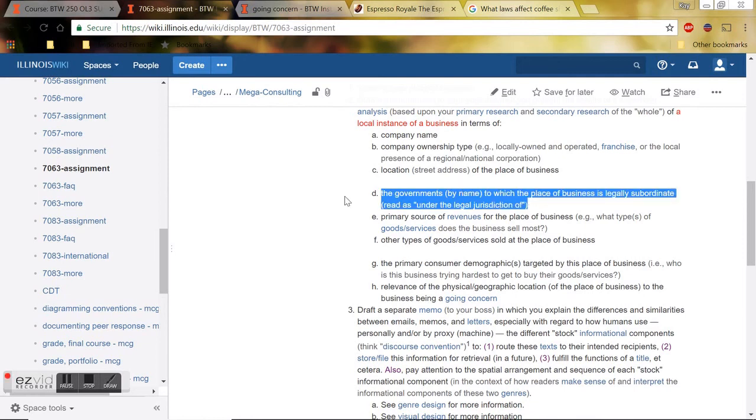If we did a restaurant, health code violations might be a problem. And so in here, you wouldn't just say Espresso Royale is under the jurisdiction of the Illinois state government as well as the U.S. government. You would say these are the primary laws that affect this kind of business, and this is what would be a going concern for them.